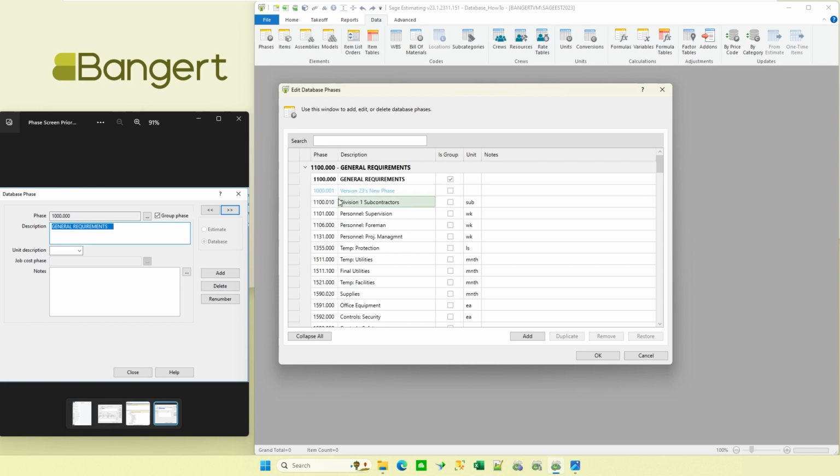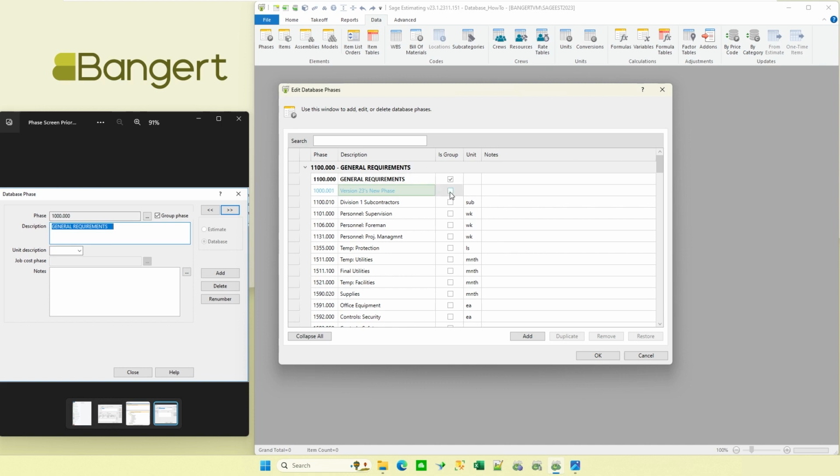As I was typing this heading, I can still see some of the other ones. So maybe I can tell whether I'm doing everything in uppercase, lowercase, or proper case, or what that other similar description was that I'm trying to match. Instead of a very singular thing, it's kind of cool because it's almost like a little spreadsheet, being able to see my phases and group phases as I'm adding them.